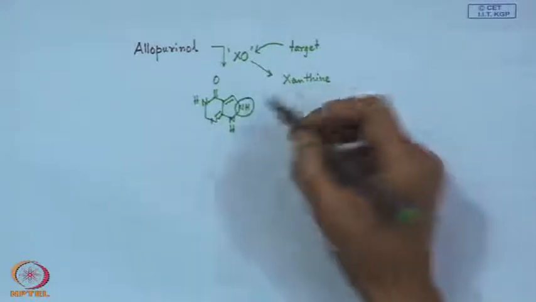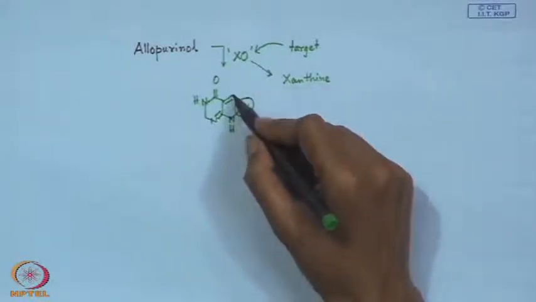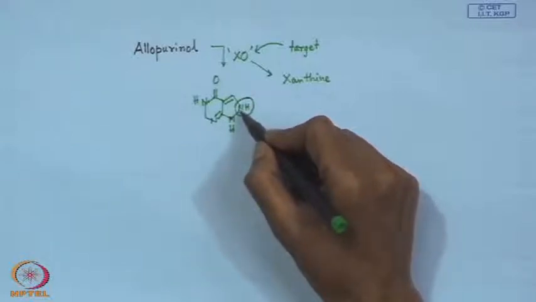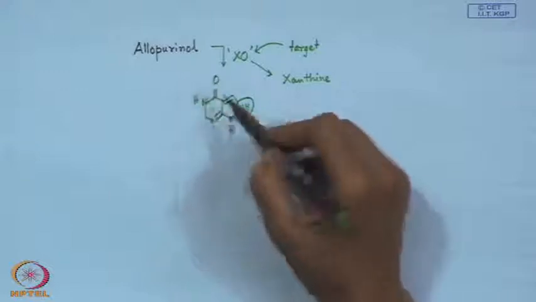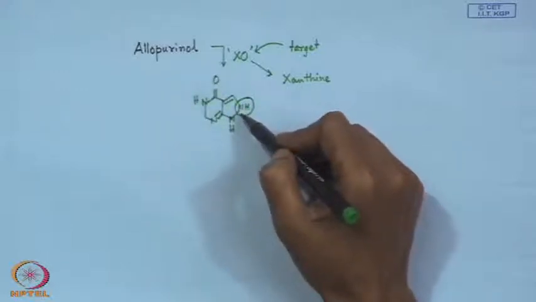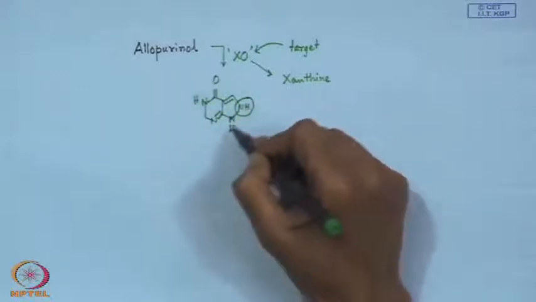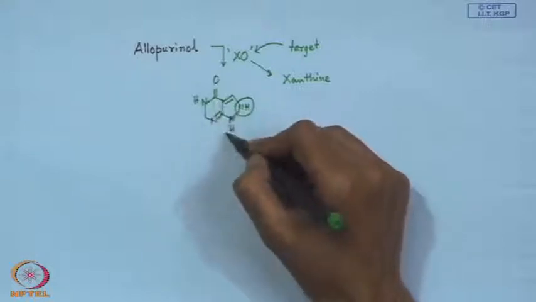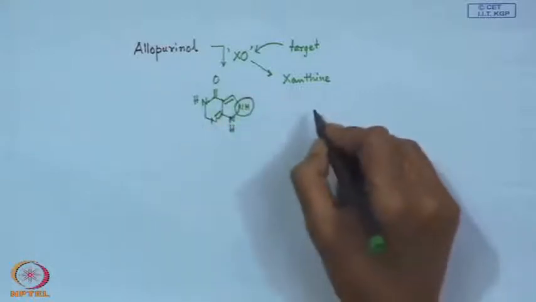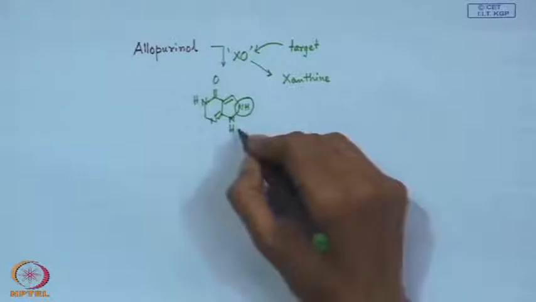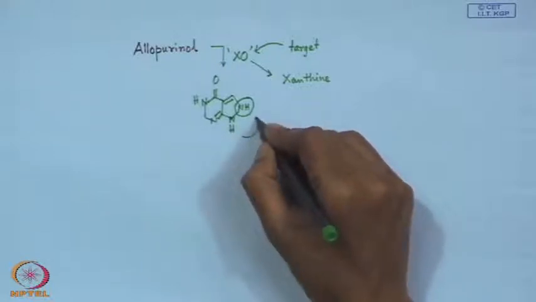In xanthine we have nitrogen over here and nitrogen over there, and this particular center was our carbon center. But in allopurinol these two nitrogens are adjacent nitrogens. So, it is again a diazine type of molecule on the 5-membered ring, but this particular part is basically related to when you have two adjacent nitrogens in any